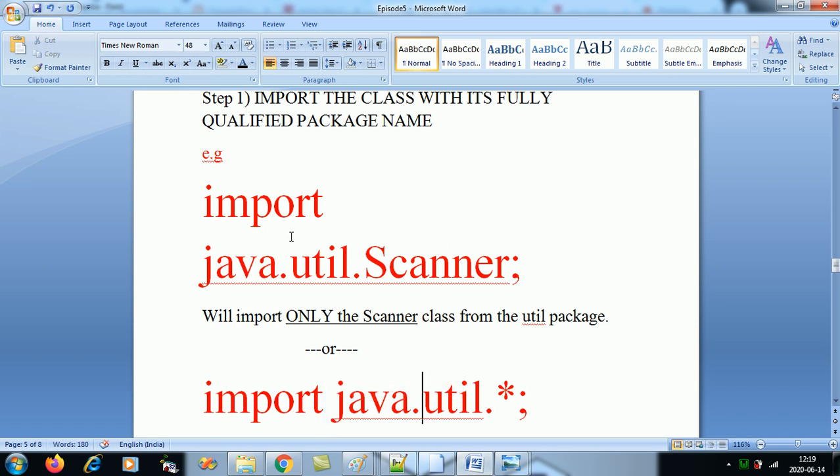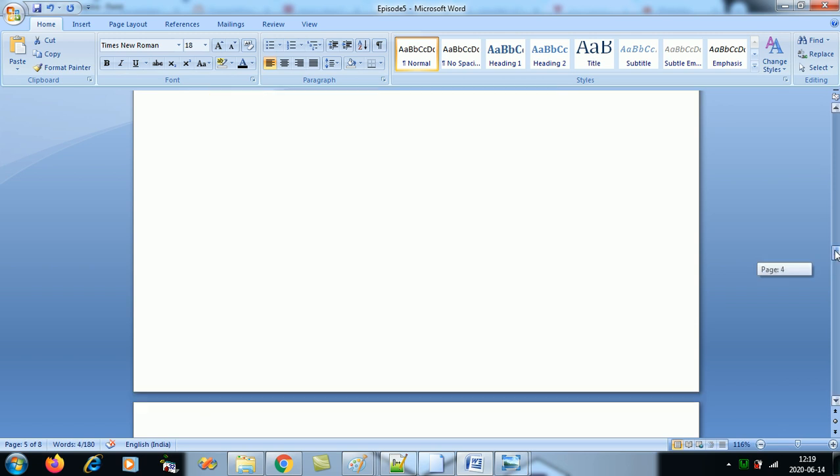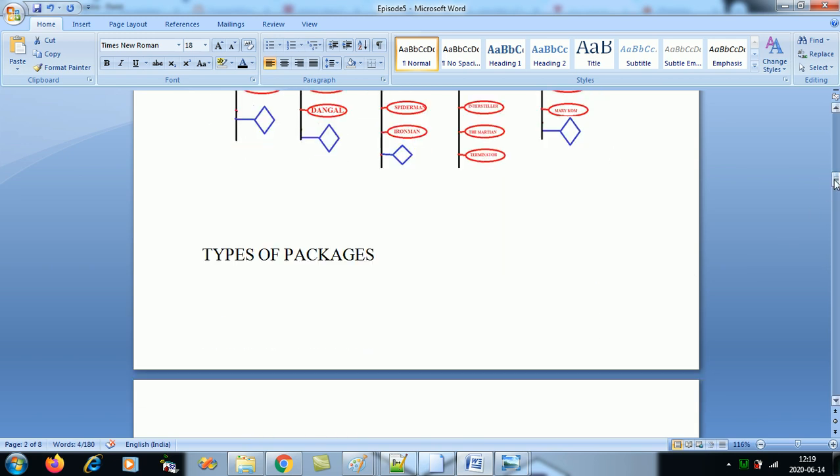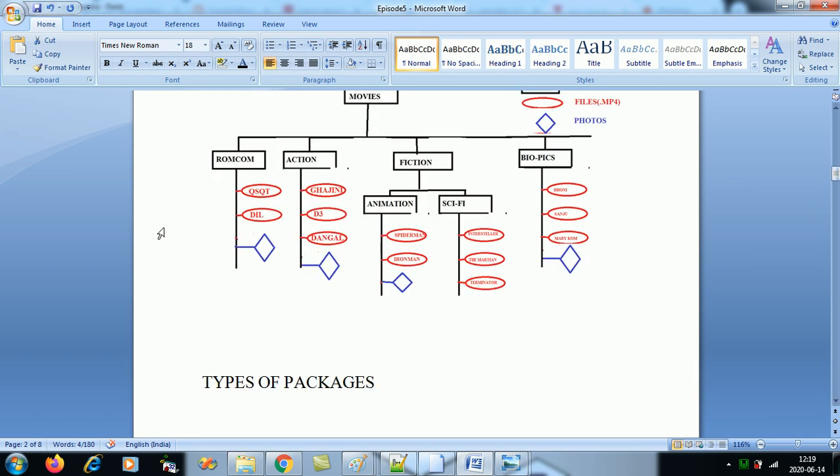So you can use either of these methods. If I give the class name specifically, it will only import the Scanner class. So if someone comes up to you and says, bro, just give me Aamir Khan's movie named Dhoom 3, what will you do? You'll navigate, double click on movies, double click on action, and then you see Dhoom 3, you right click and send it to the pen drive.